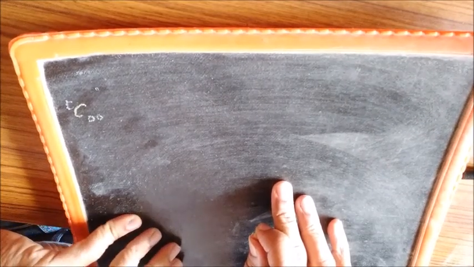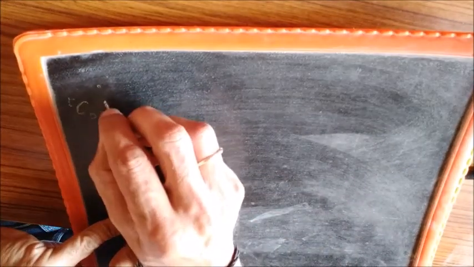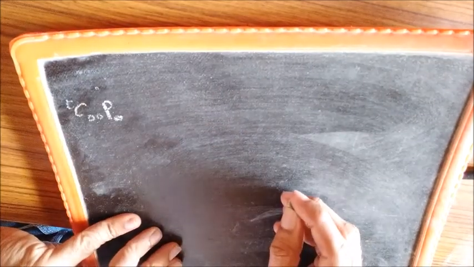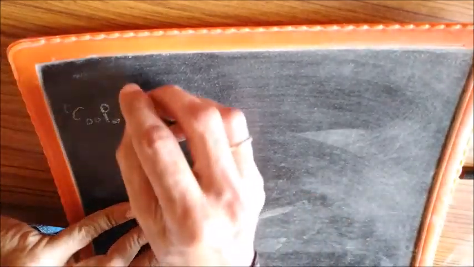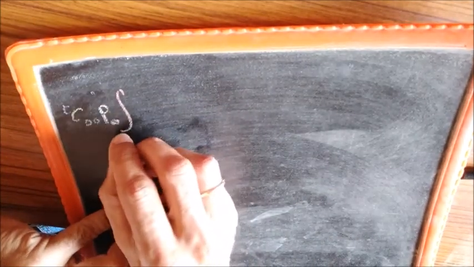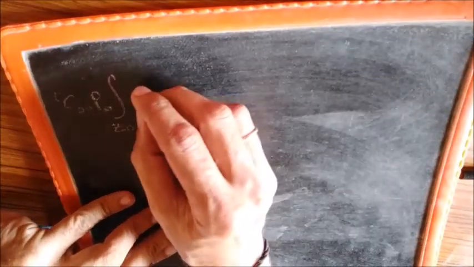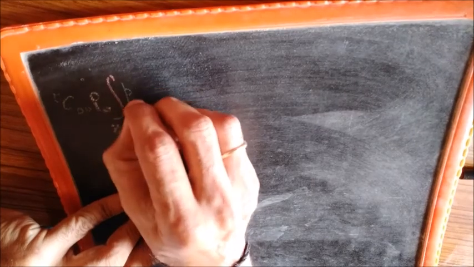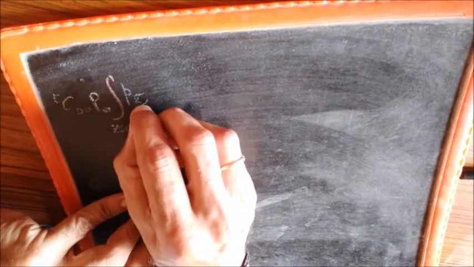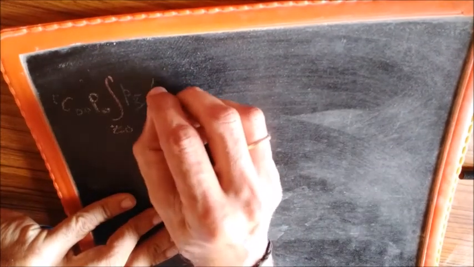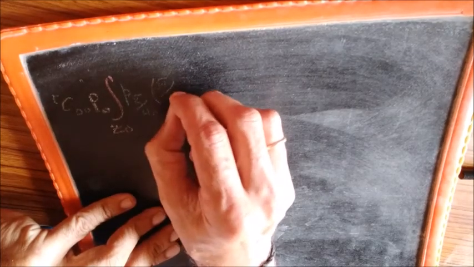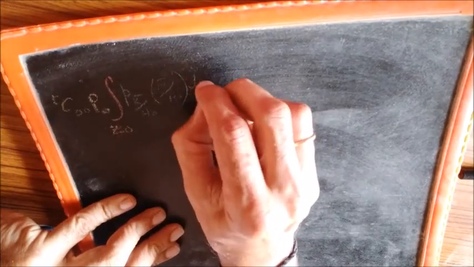So the expansion will be like this: C00 P0 integration over the region Z0 PR H0 R H0 dr